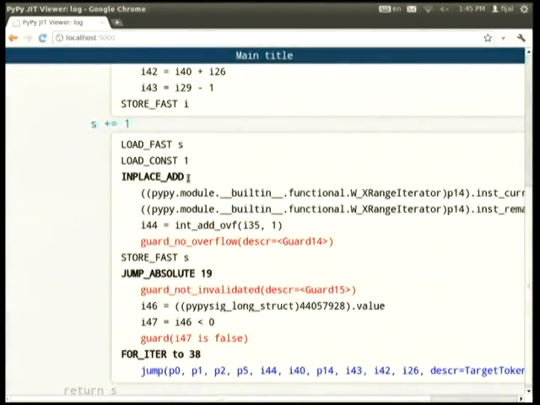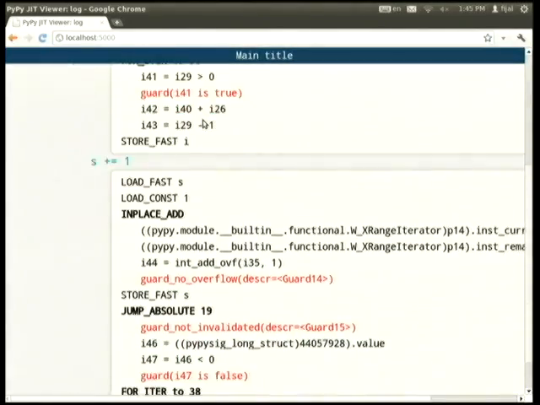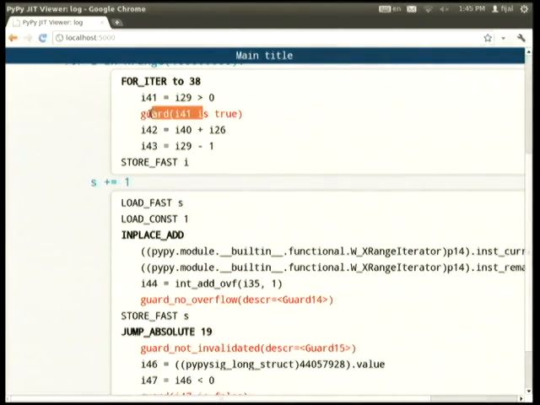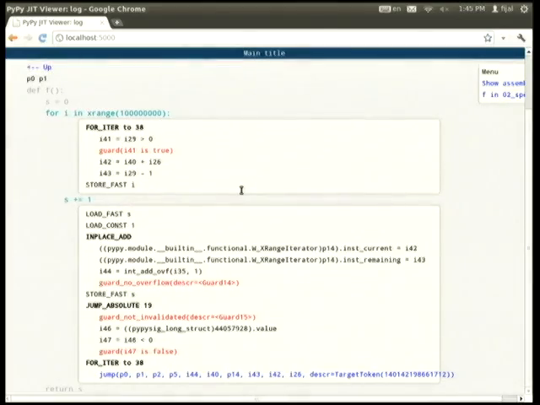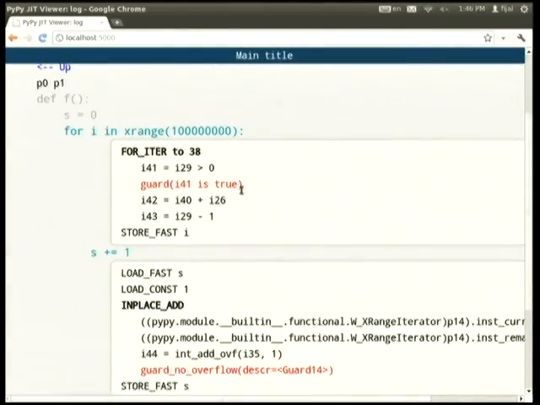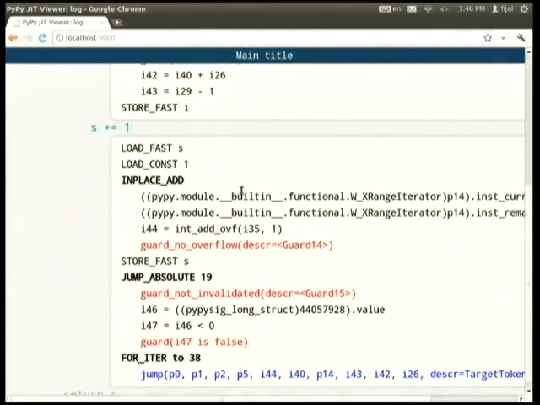Then you do things, and this guard means guard that the variable stays true. This is probably a loop condition. Among the stuff, there's not that much assembler actually. This is the counter that counts current and remaining in the xrange iterator.